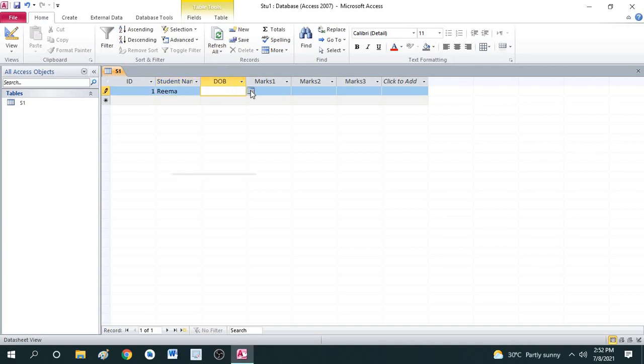So you can see the calendar format is available. That is because we have chosen the data type as date and time. So you can directly give the date. So marks as